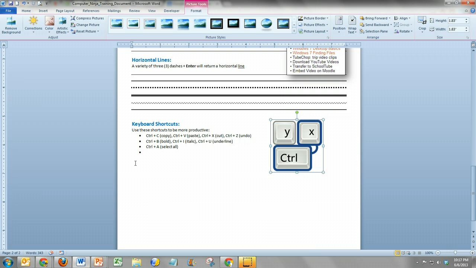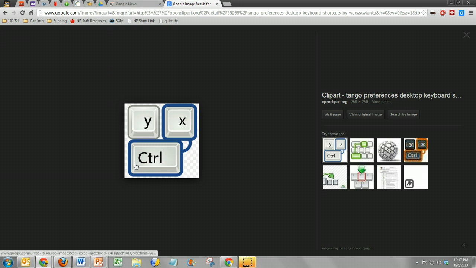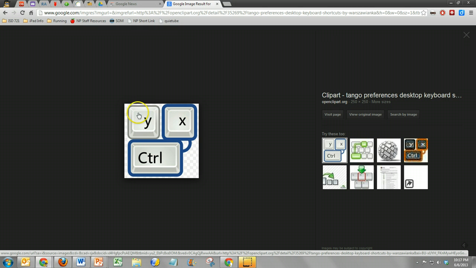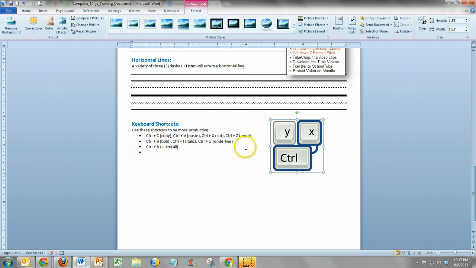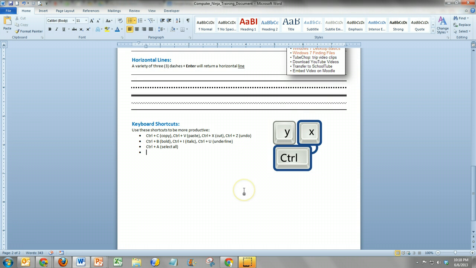So on my keyboard, if I press Alt-Tab, it's going to jump back to my last program that I was using, or the last window I was viewing. Alt-Tab again, we'll go back to my Word document. So go ahead and type that in your Word document here: Alt plus Tab, and then switch between